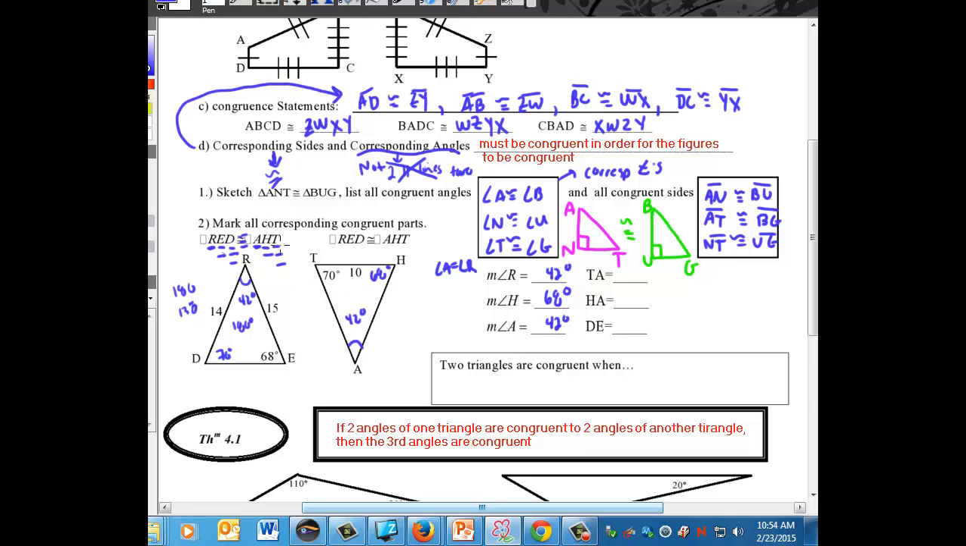Alright, then TA. If I go TA, see how I went last to first? I have to go last to first. So TA refers to DR. So it's equal to DR, however we need an exact measurement, and DR is 14. Then HA, I want second to first. Second to first is going to equal ER, and ER is 15. And then DE, we went last to first, so last to first would be TA. And TA is going to have a length of